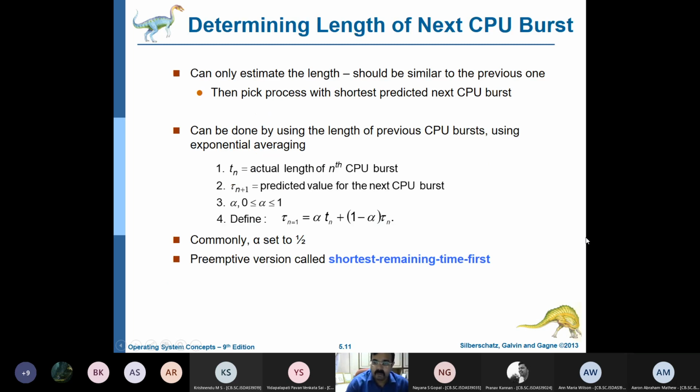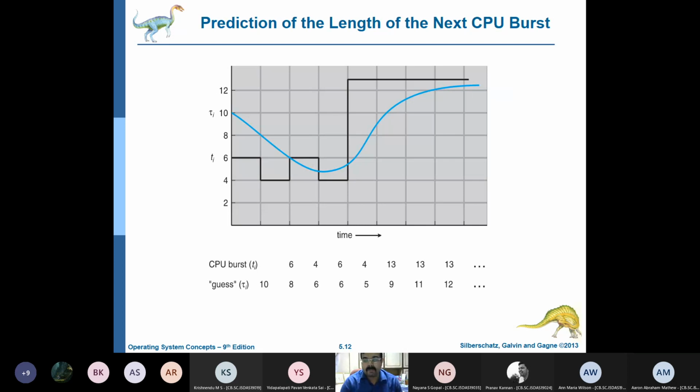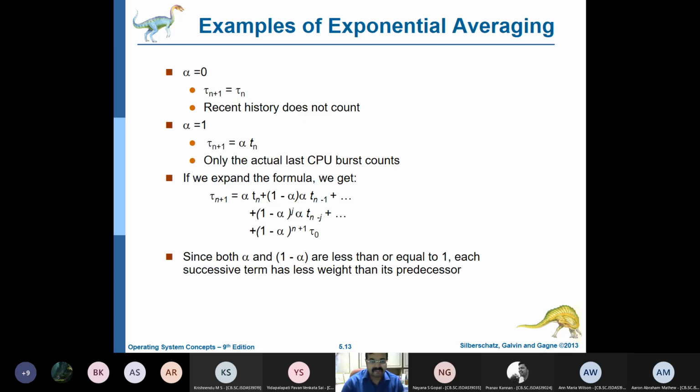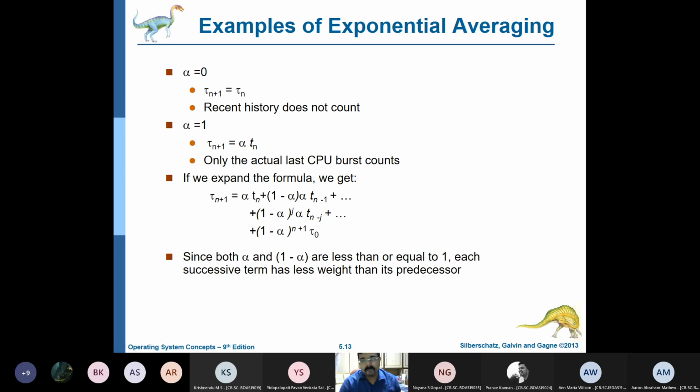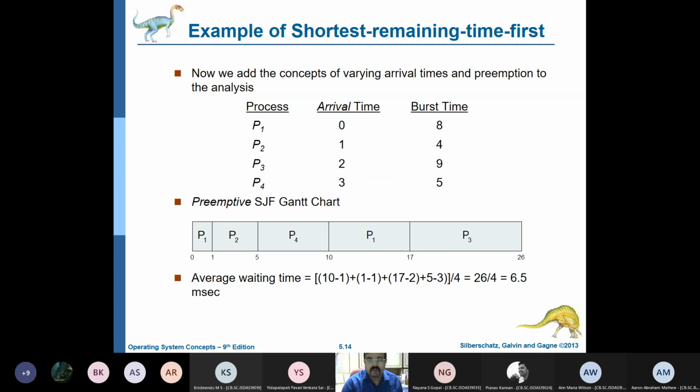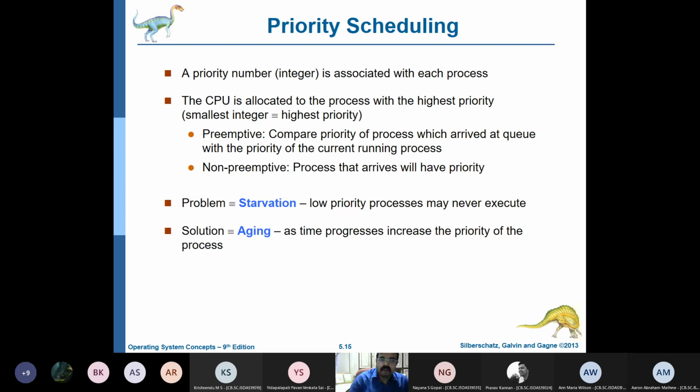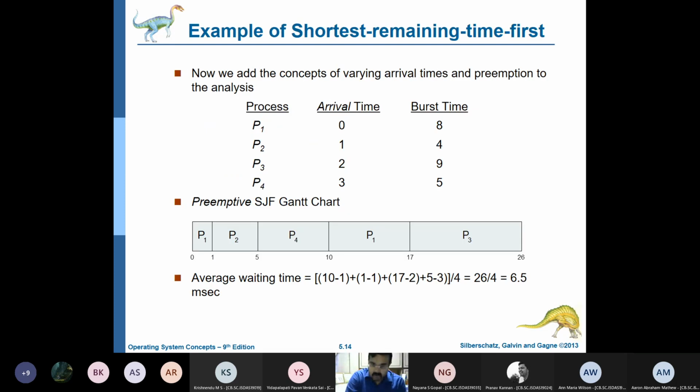I also told you that we can predict the CPU burst. What is the next CPU burst? We can predict it based on historical data, or also based on some other logic. If, for example, alpha is 0, it means we are predicting not based on the past data but on some other logic. We can also go by the past 5 bursts, or last 2 bursts, or last 3 bursts. Based on that, we can predict the next burst time. That is one way to do a prediction. So we do not know the CPU burst time, but we can predict it based on some logic.